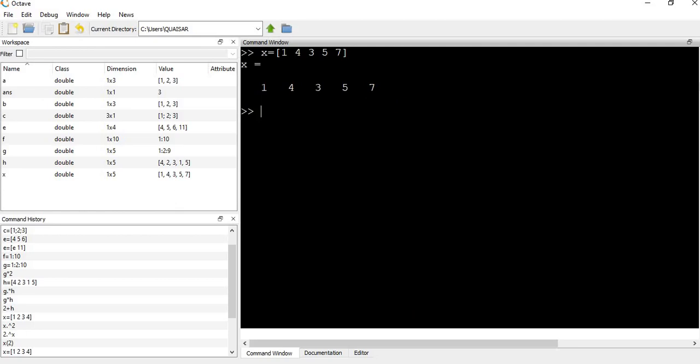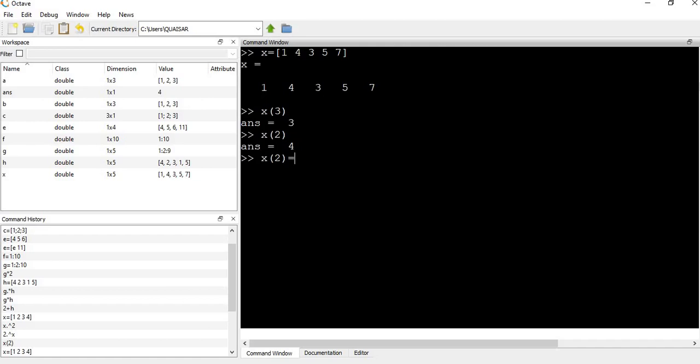If you want to know what is the value at index 3, you can write X with bracket 3, and it will give the value at index 3. If you want to know the value at index 2, it will give 4.